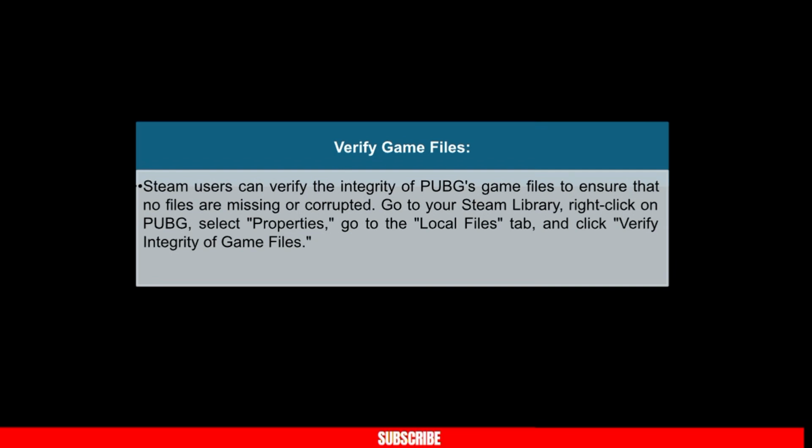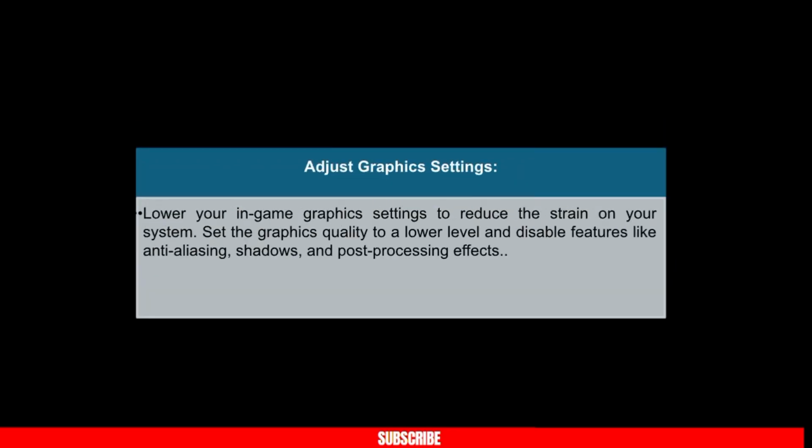Steam users can verify the integrity of PUBG game files to ensure that no files are missing or corrupted. Go to your Steam library, right-click on PUBG, select Properties, go to the Local Files tab, and click Verify Integrity of Game Files. You can adjust graphics settings, lower your in-game graphics setting to reduce the strain on your system,